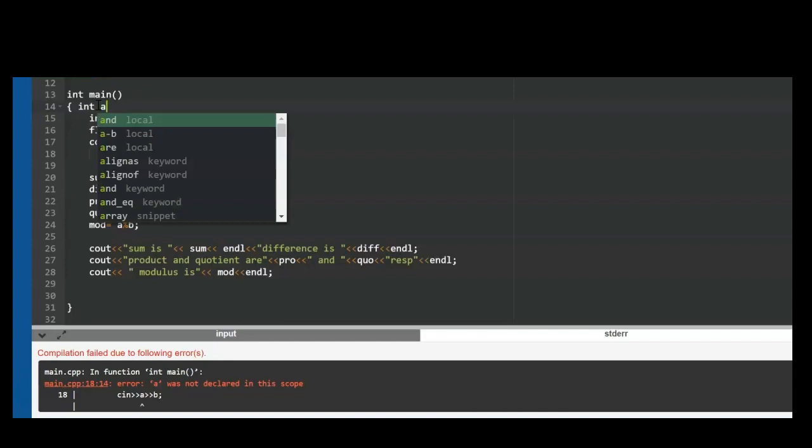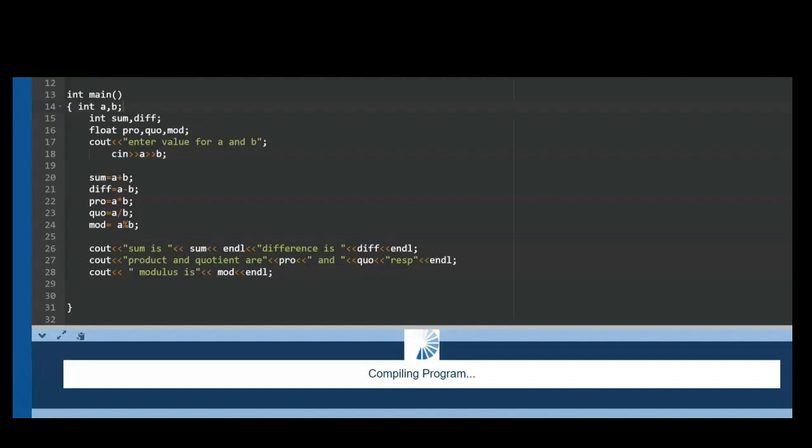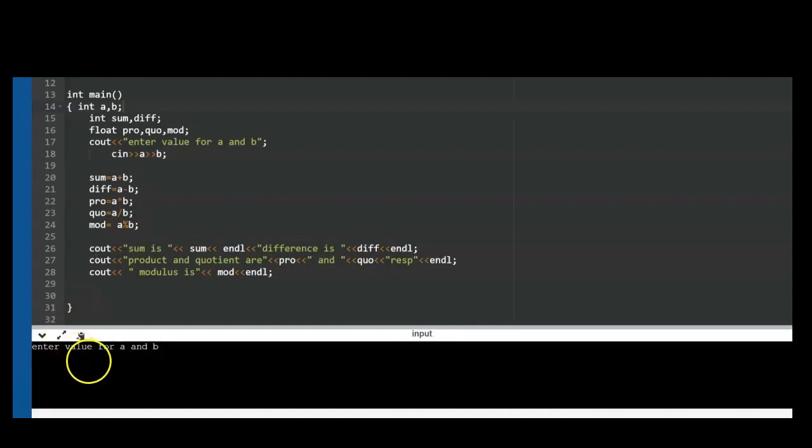Int a, b has to be entered. So it's asking to enter the values of a and b. So I'm going to give 5 and 4. So you can see here 5 and 4, sum is 9, difference is 1. Product and quotient: product is 5 into 4, that is 20, and 1 is the quotient of that. That means when 5 gets divided by 4, the quotient it gets is